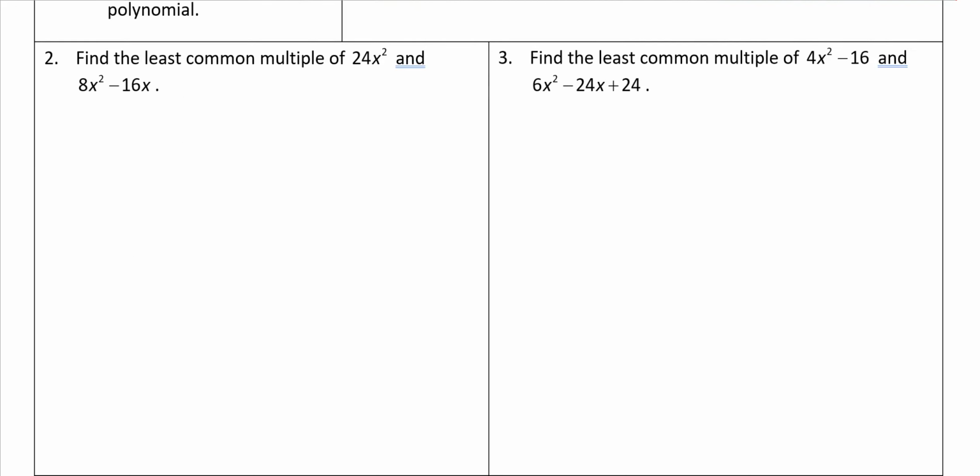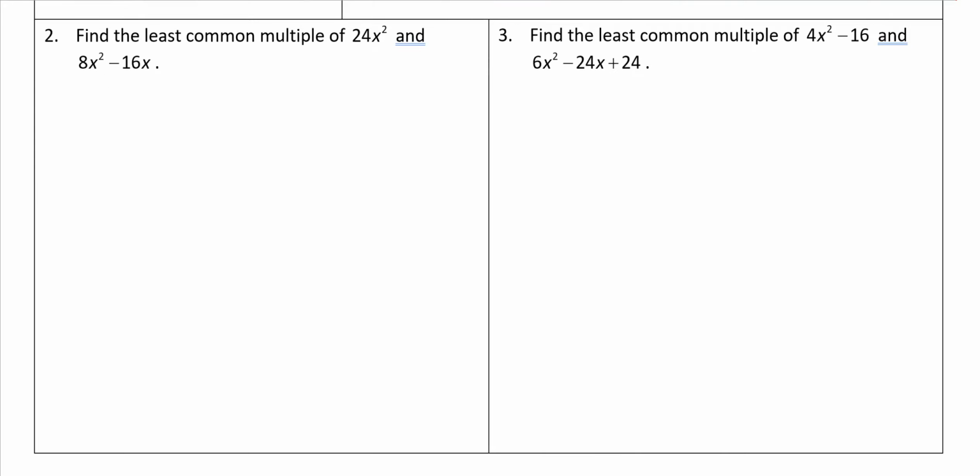It takes practice. So number 2, this time we have 24x squared. We're going to start by breaking 24x squared down into its prime factors. So maybe we have 2 and 12, and we have 2 and 6, and we have 2 and 3. So what we have here is 2 cubed times 3 times x squared. That's 24x squared. Now, 8x squared, and I'm actually going to erase my little factor tree, guys, so that I have a little more room to work here. So now I have 8x squared